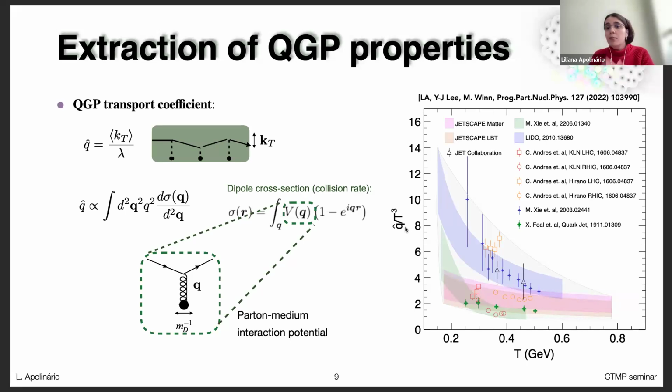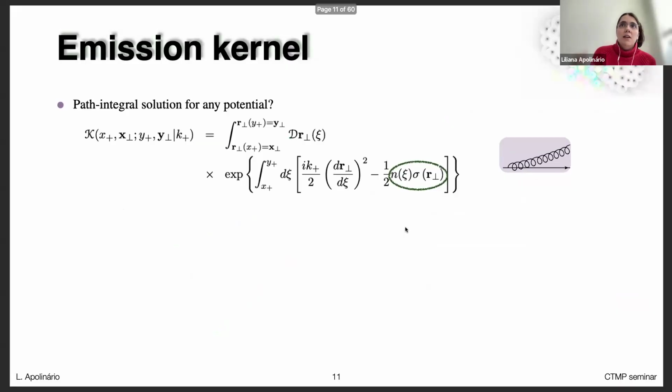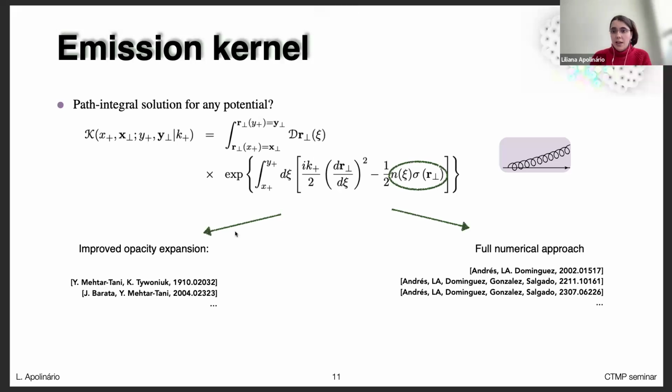And it can be improved by going higher in accuracy on how to describe exactly this building block. Basically there are two major different approximations that came out very recently to try to go beyond the approximations that we usually employed to describe this path integral, which is the emission kernel. One of them is, instead of having an opacity expansion in the number